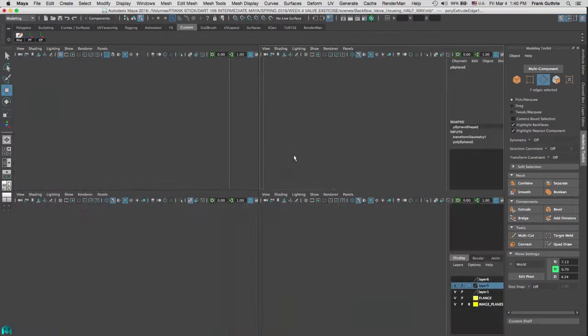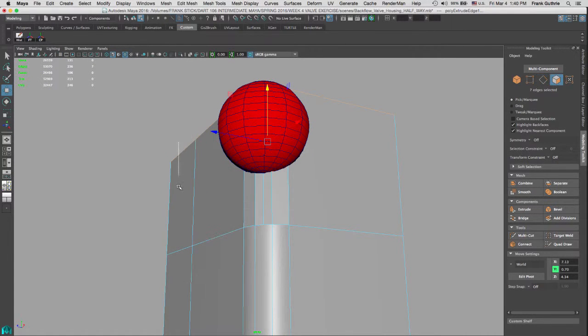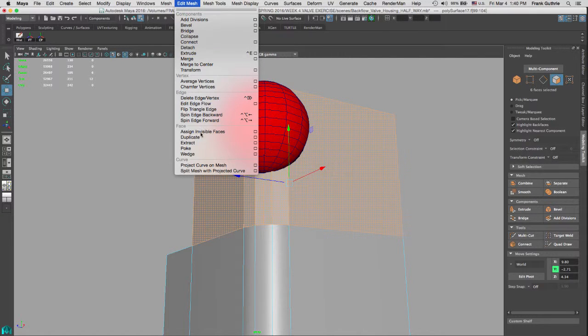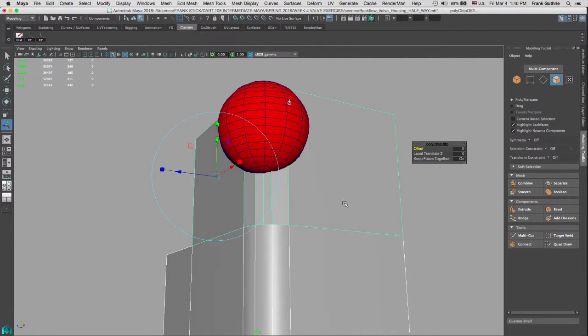So now that I've extruded this edge, I'm going to select this face and delete it. I don't care about this. And I'm going to cut these guys from this shape right here. So I'm going to go to edit mesh, extract, and it's going to extract these faces that I had selected into a new piece. Right mouse button, select these 2 guys, delete the history, freeze the transformation, and center the